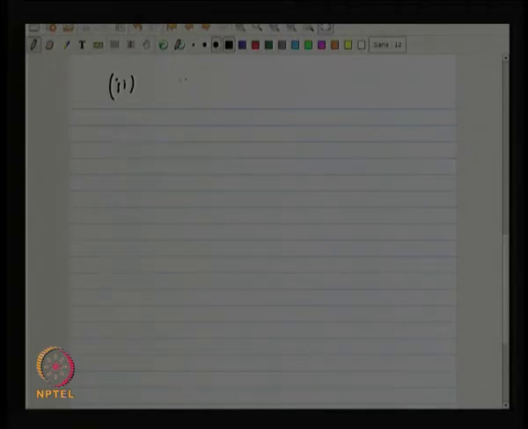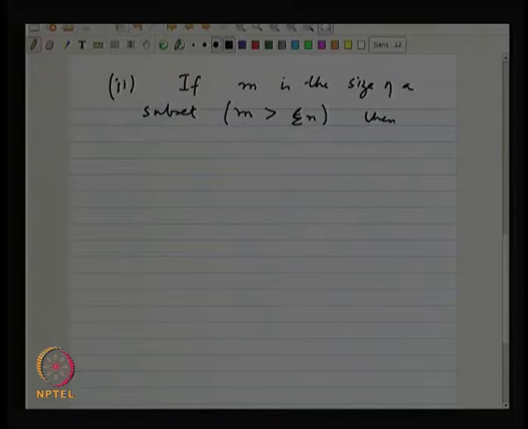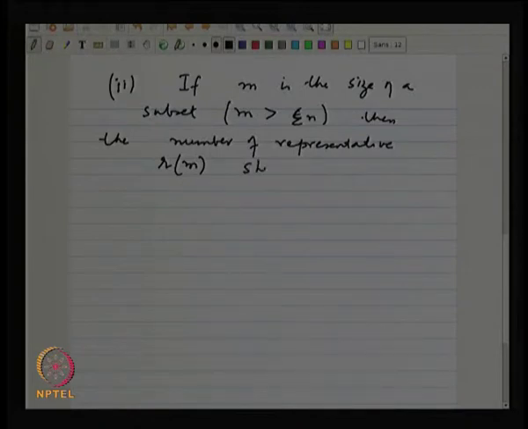If M is the size of a subset, and let us assume that again we are only talking about the large subsets, not arbitrarily small subsets, so M is larger than epsilon n, then the number of representatives R of M should be such that R of M over R, the fraction of the sample chosen from that group divided by the actual size of the sample, is roughly about